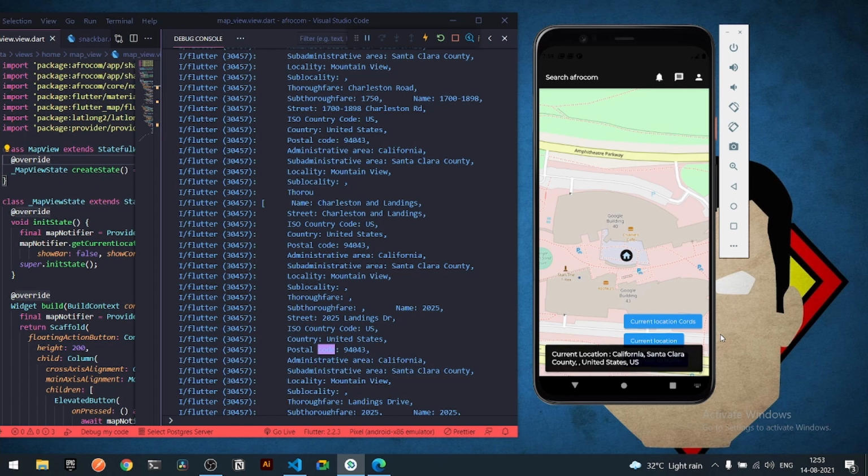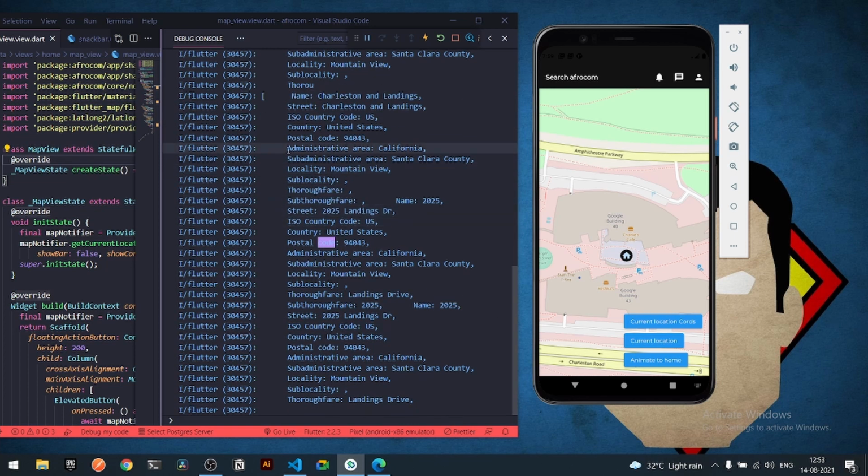Now with the help of this custom code, you will be able to geolocate the particular user and also take his entire data, whatever we need. First of all, address, street, ISO number, country, postal code, all of these data, and add this under our database. Right, now this was all the tasks that I have performed so far, that is geolocating the user address, his country, his coordinates, his current location, animating our entire camera to his current location, and also a solid integration of Leaflet.